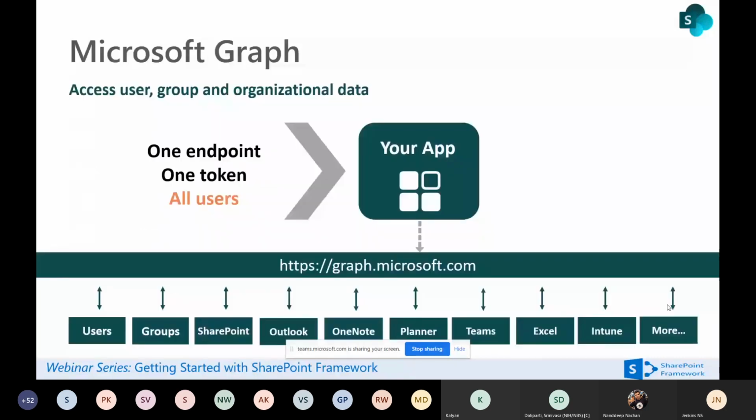Okay. Now you can see my screen, right? We can understand how it is one endpoint, one token, for all users, with one URL. That's graph.microsoft.com. It's very powerful to access everywhere, and the performance is good. We don't need to remember every URL; with only a single URL you can access all the applications. And one more thing Microsoft provides: we need to understand first, before consuming that, I can show you.